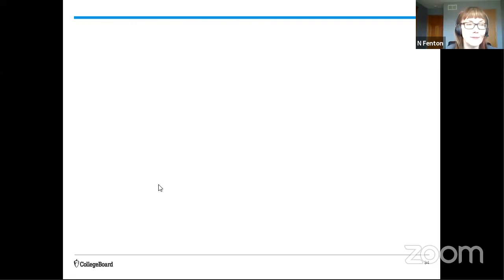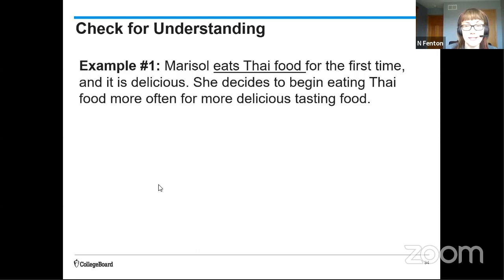So starting with the first example, I'll give you a second to underline the voluntary behavior and decide if it increased, reinforcement, or decreased. So you're underlining the behavior, that's eating. Does eating increase? If so, write R for reinforcement. If eating Thai food decreases, then you'd write P for punishment. Then decide what happened here. Was it addition of something that made her repeat the behavior or subtraction? So hopefully you picked positive reinforcement. Her behavior of eating Thai food increases in the future because of the addition of delicious tasting food.